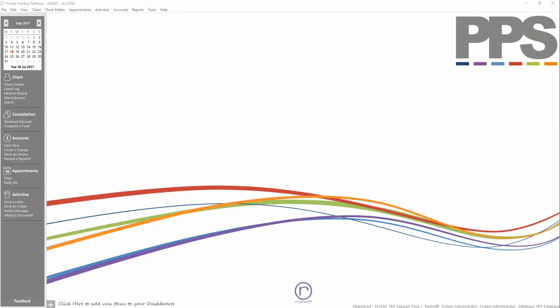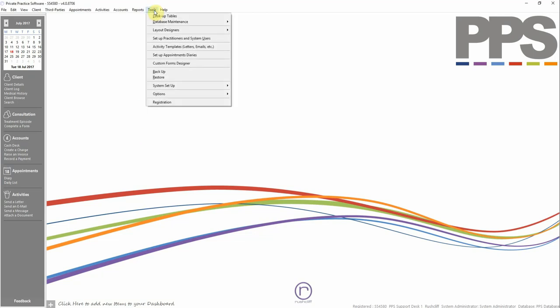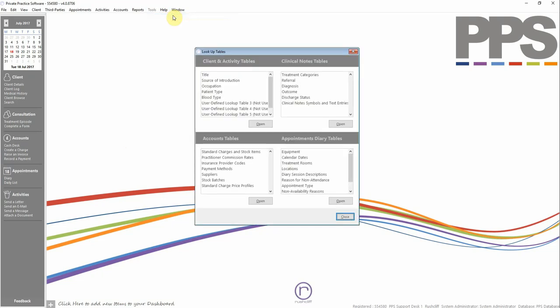How to add standard charges and stock items in PPS. When logged into PPS, click on the Tools option at the top of your window and then click on Lookup Tables. When in the Lookup Tables, you'll see in the bottom left-hand corner you've got a section titled Accounts Tables,